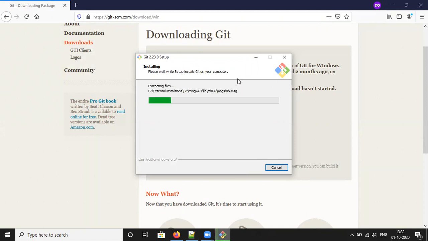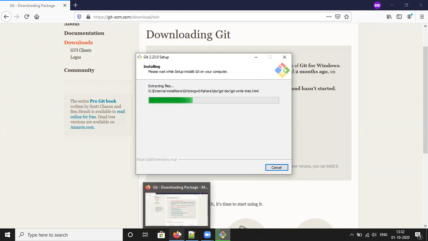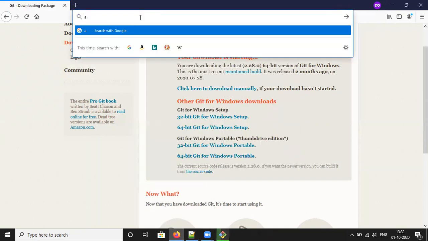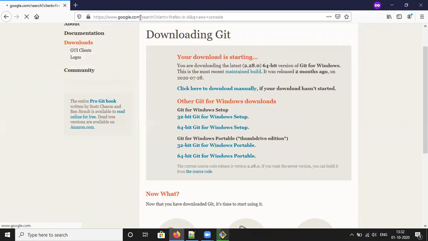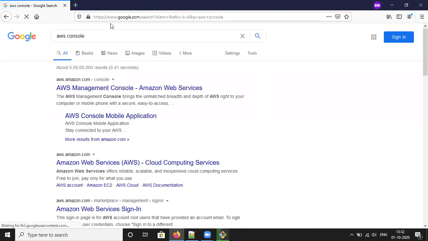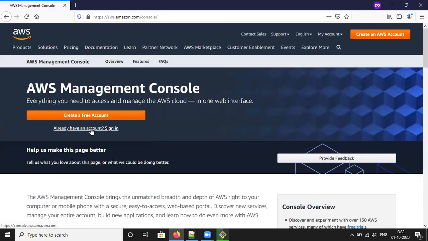Once installation is done, we can connect to our instance using Git Bash. Go to your AWS account, click AWS console. Log into your account.